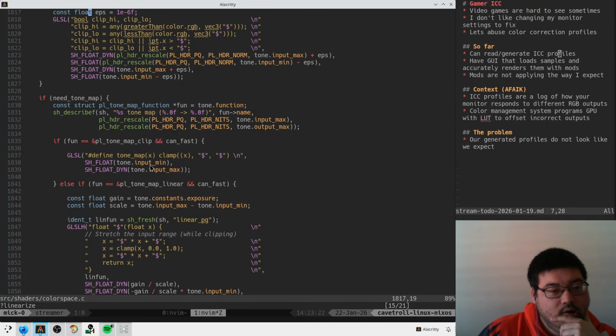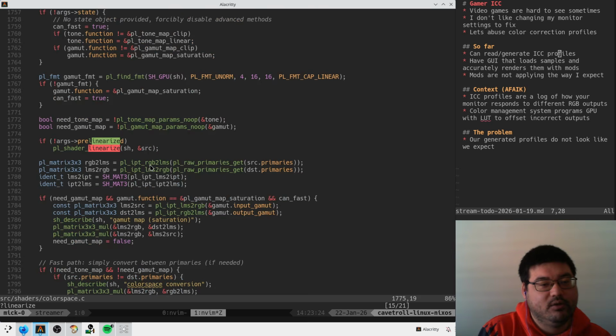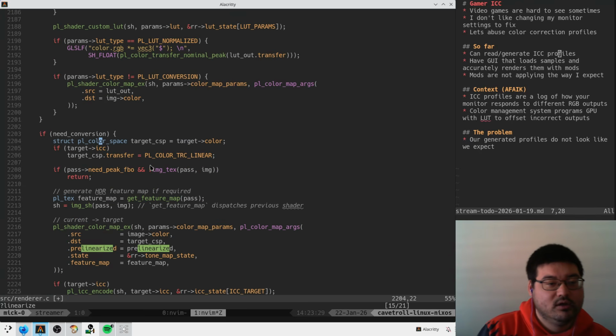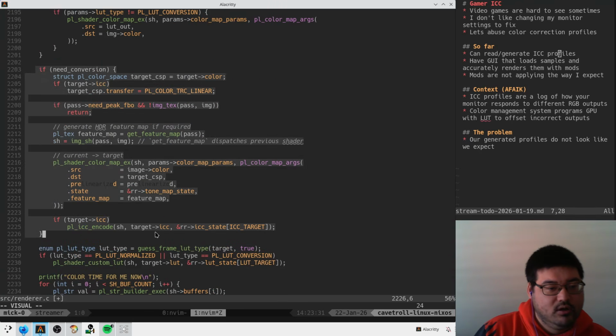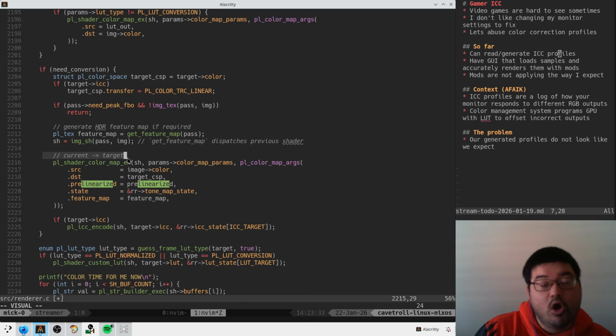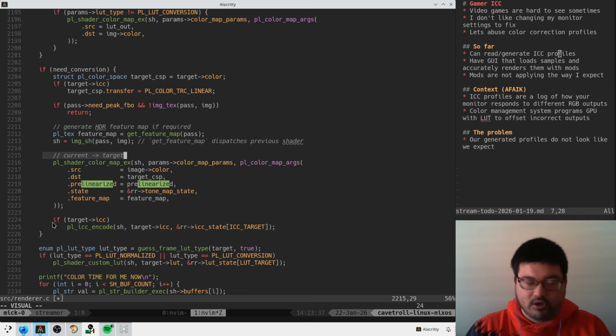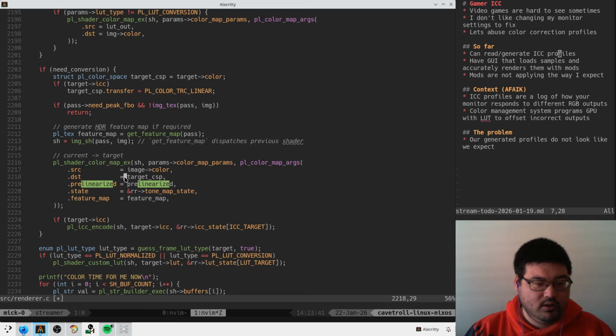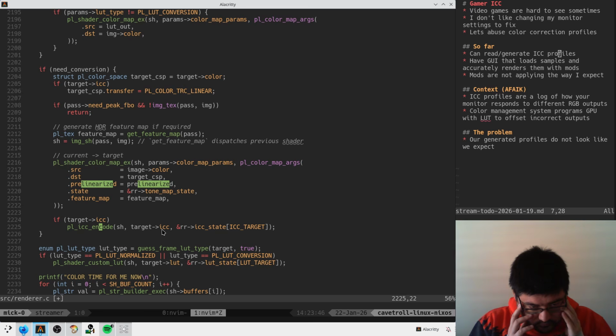So it's literally just that we're saying, hey, we need conversion. And in here, we're trying to go from one color space to another, and this is all in linear, and at the end, we're like, okay, now encode for my target output. Great. And the target output,